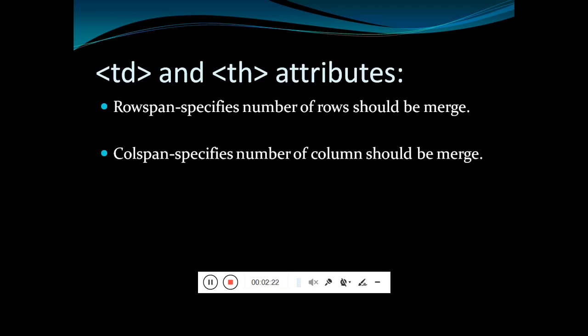So the alignment of your th is always at the center, and the alignment of your td is always at the left side. There is a bold effect displayed for your th, and the normal text gets displayed with the td. So these are the differences between the th and the td tag.